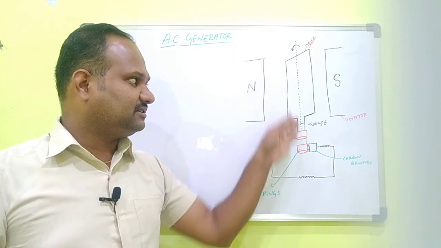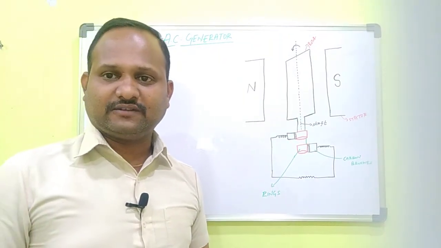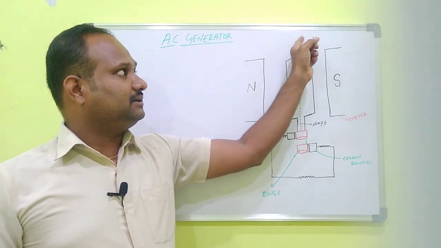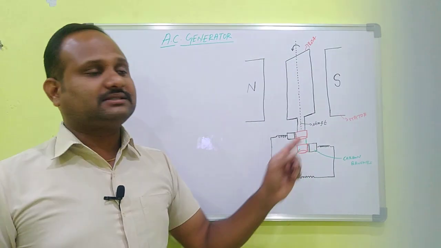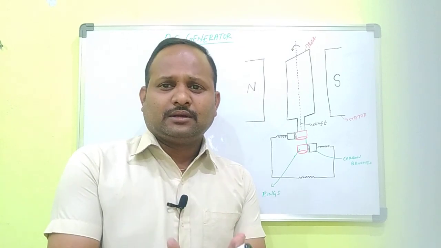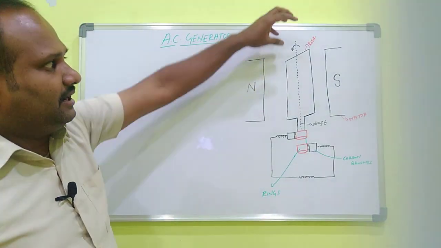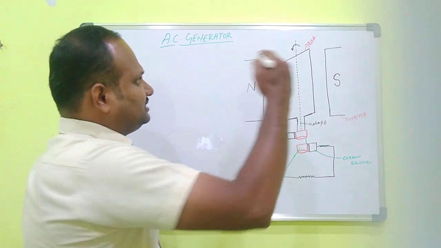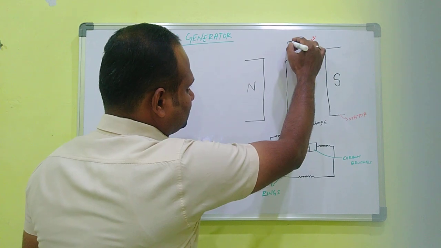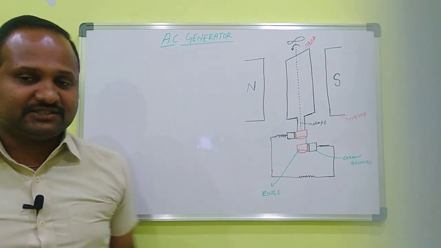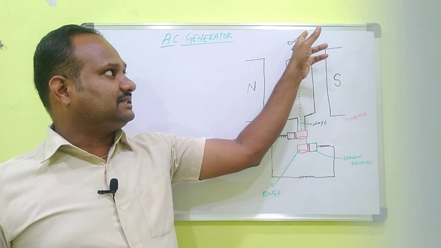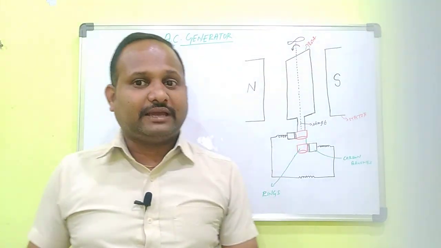What is the purpose of fixing the shaft along the axis of the armature? Here the shaft connects to a turbine, which is able to rotate, like a fan. Here one rigid support is there, and with the help of the rigid support, a turbine is fixed. This turbine is rotated with the help of some type of energy.